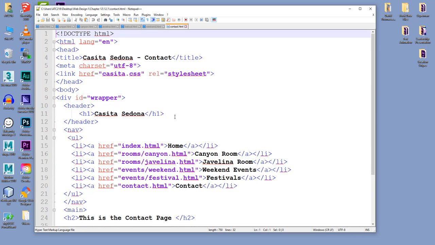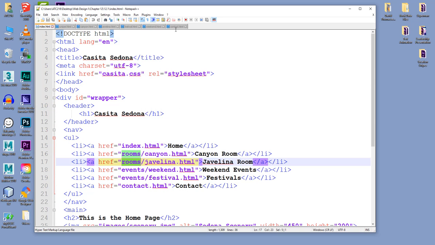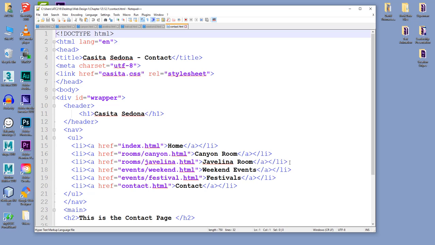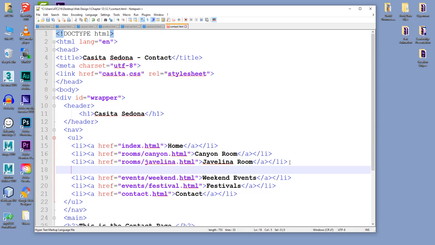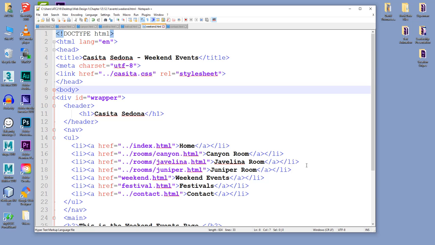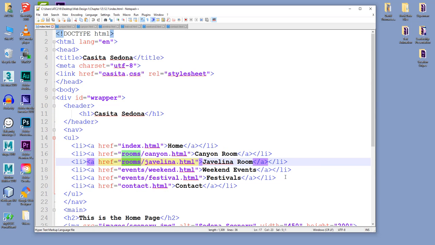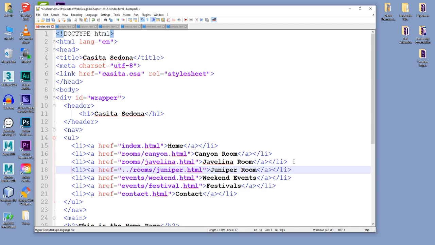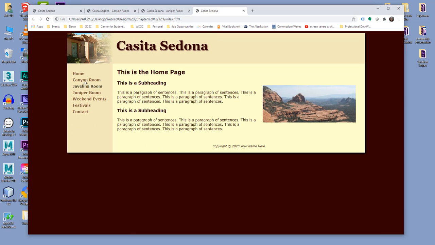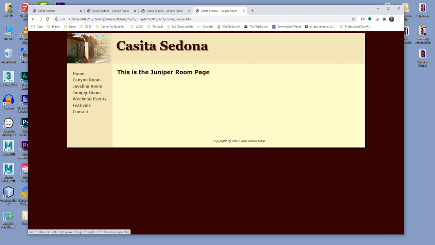So come out here, we'll open up contact, and we'll open up index. So for contact, we have to come down here. And instead of telling the browser to go out of the folder because it's in the main folder, we're just telling it to go into the rooms folder for the Juniper file. Oh, it's because my index is over here. Same thing, we're telling it to go just straight into the rooms folder, so we can get rid of that, into the Juniper file. So now if I launch it in Chrome, every page should have the Javelina and the